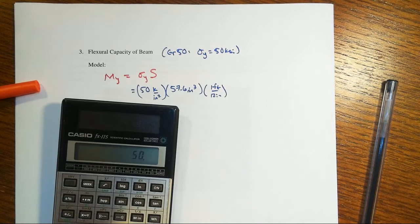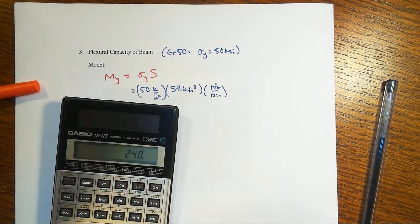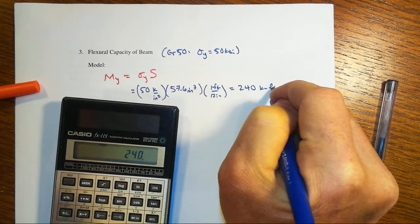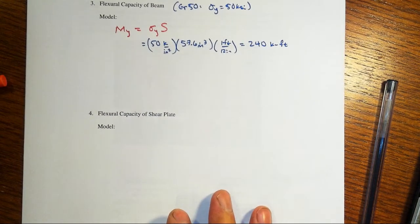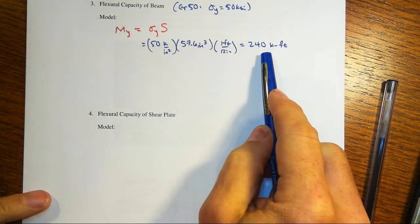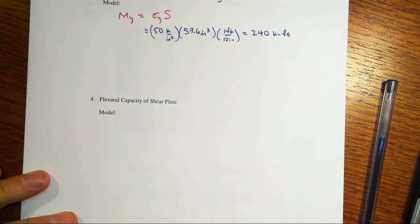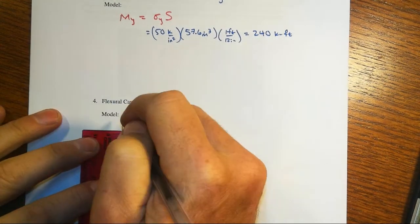So 50 times 57.6 divided by 12 would be a basic yield moment of 240 kip-foot. Right? Now what we're going to be transferring that into in terms of the plate, the shear plate, if we try to transfer the whole capacity of the beam through the capacity of this shear plate, note here that we've got a shear plate